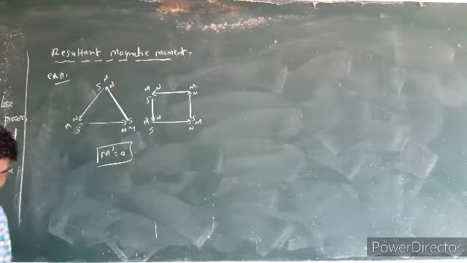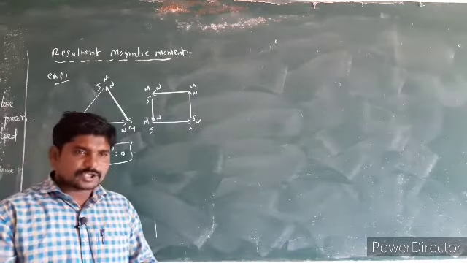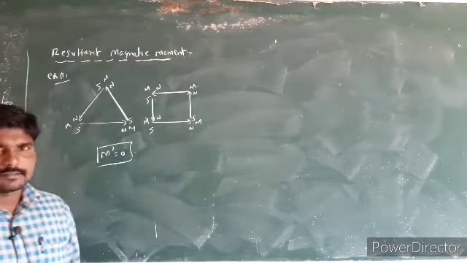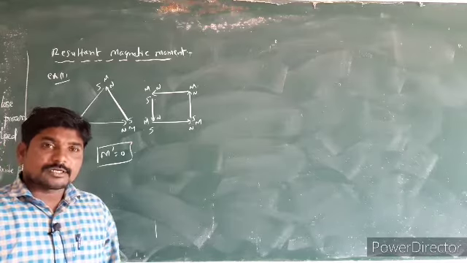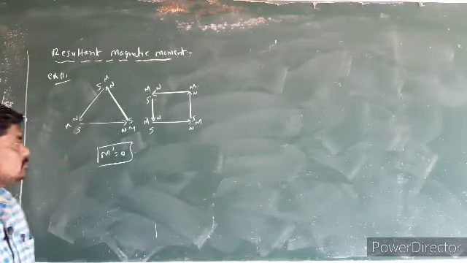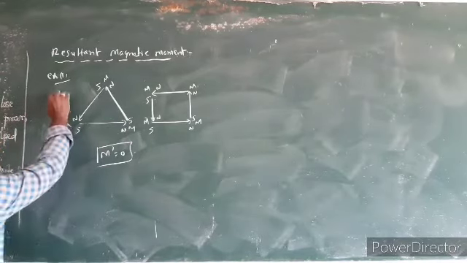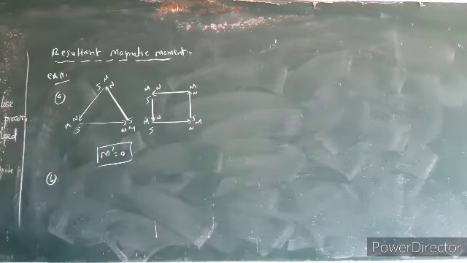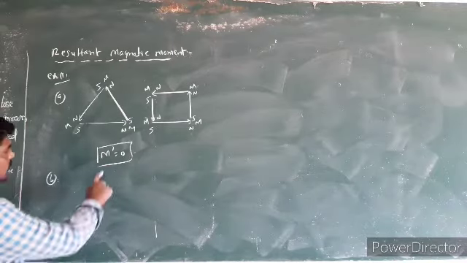If we arrange a number of magnets in the shape of a closed polygon, like a triangle or a square, like anything, with unlike poles in contact, the net magnetic moment of that arrangement will become 0. Keep this point in mind. Now, why is the net magnetic moment 0?